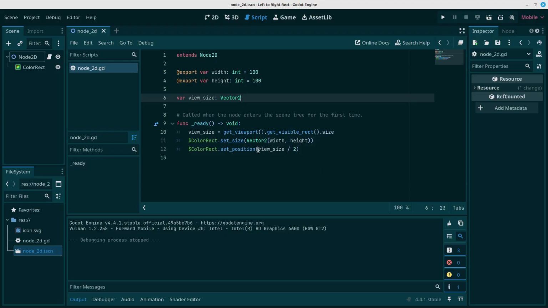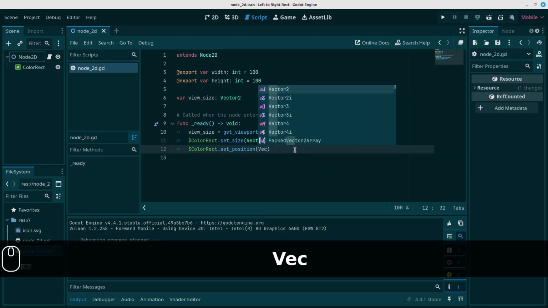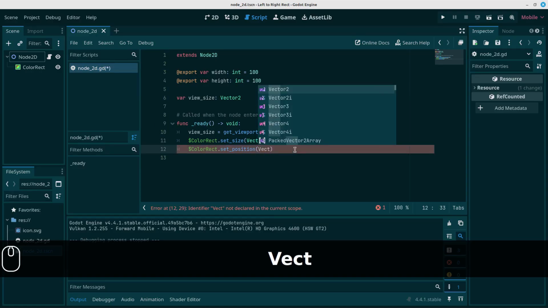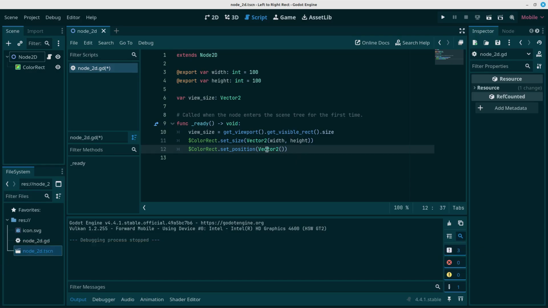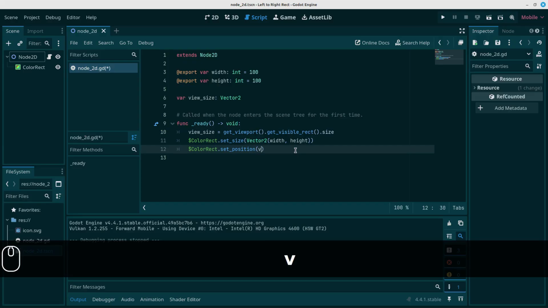So let's remove this and type in vector. Don't forget, it's a vector 2 that we need. So it's x and y coordinates. You can't just put it as is, because set position requires, as you can see here, a vector 2. We can't just put a view size